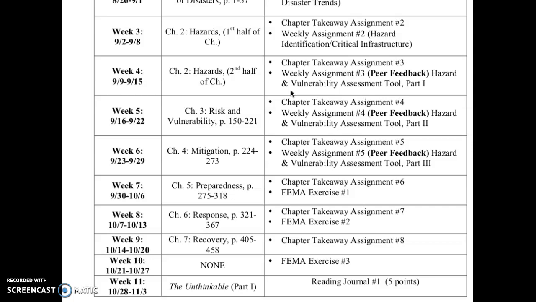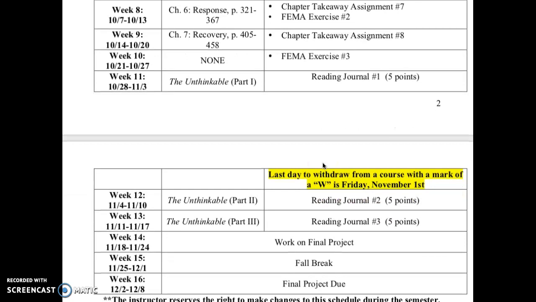But then you also want to make the chapter takeaways interesting. And I mean, have you found something in your assessment tools that you want to explore further that are tied to the chapter? That kind of thing. I'll even entertain you guys if you wanted to look for a job that wasn't tied to, let's say, the next chapter of preparedness. Like, again, make this of use to you. Don't just make it something that you have to do, because it's more useful for you if you actually want to be in this field to learn something. So make it useful.